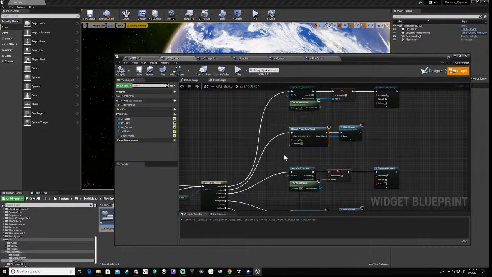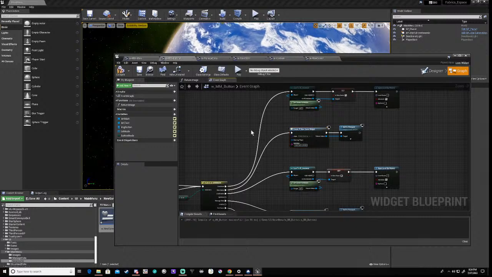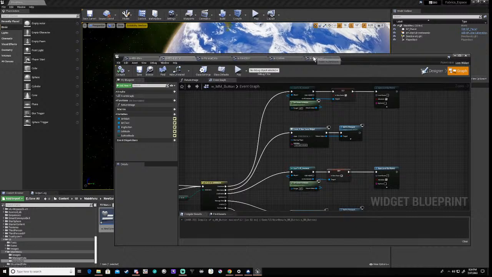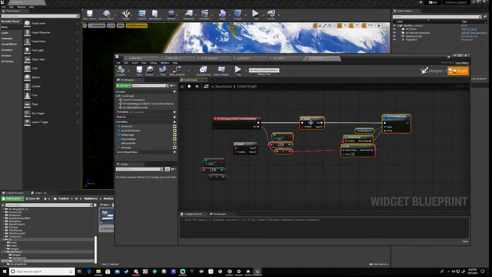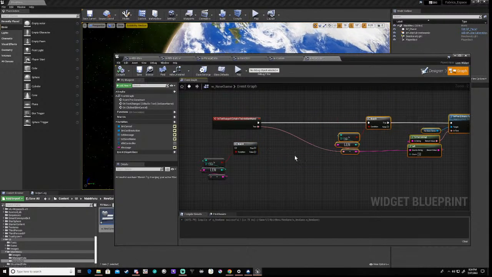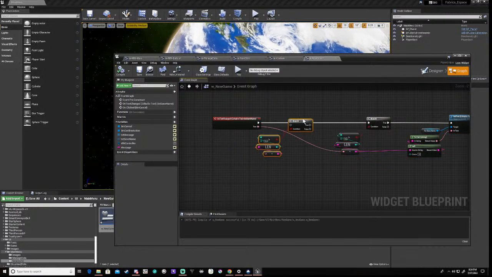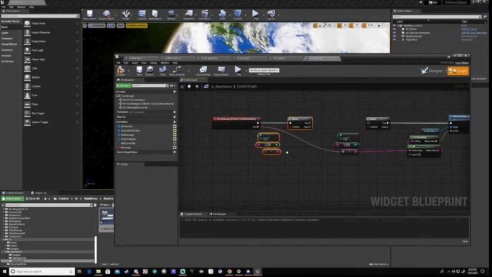We're going to say save game name. So basically we're passing in that text, and then in the new game we're going to do that,